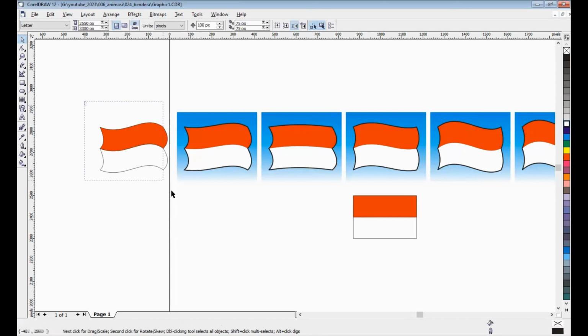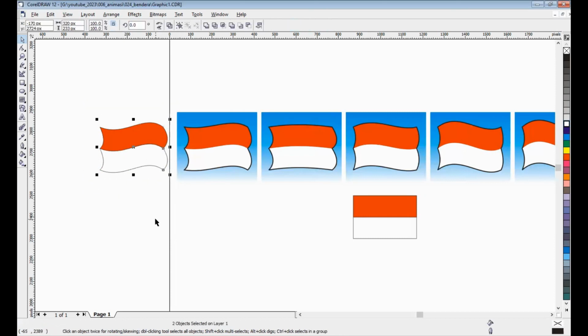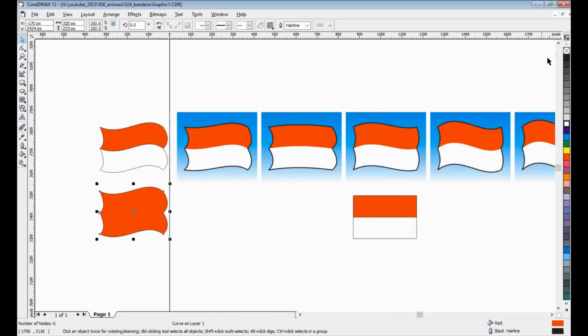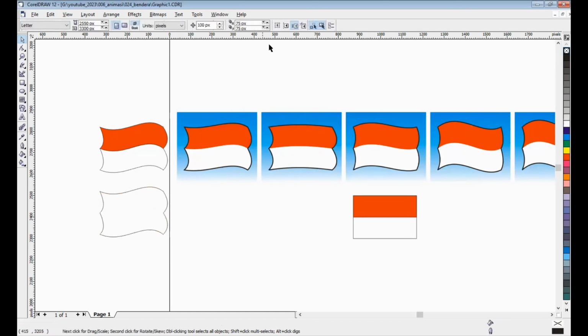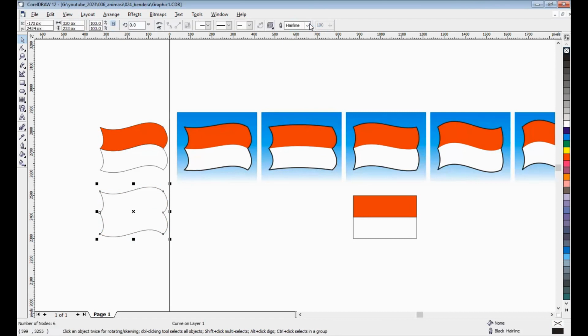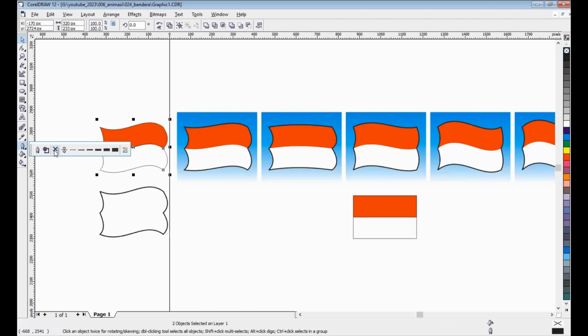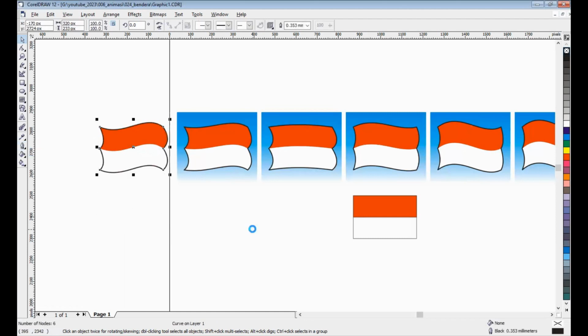Okay, Ctrl C, Ctrl V. I want to make a wave like this, no color, and then I increase the outline like this. After that, here no outline, and then I move this illustration.